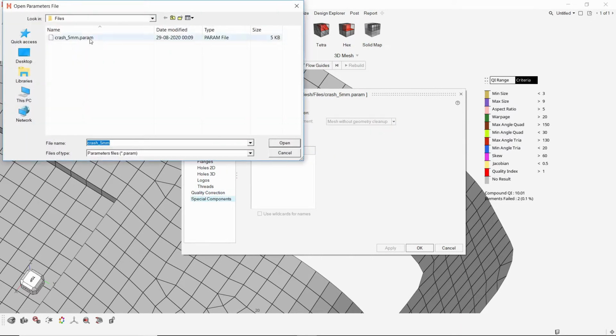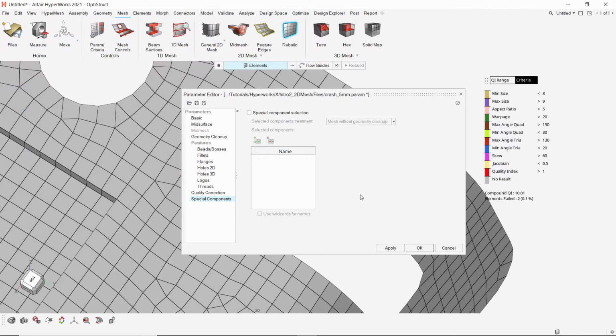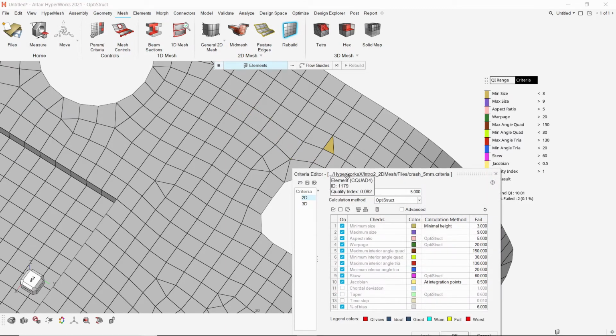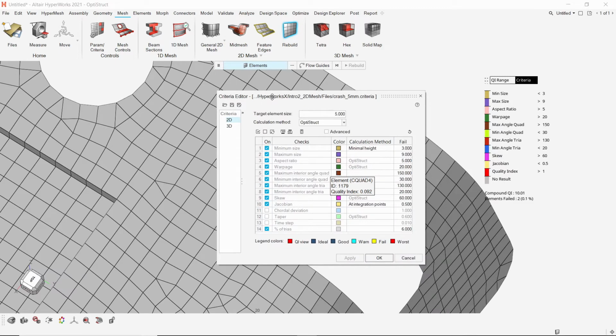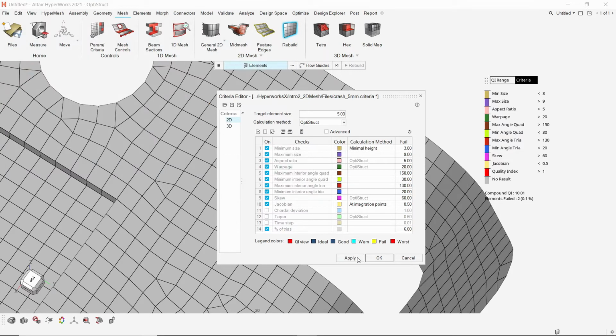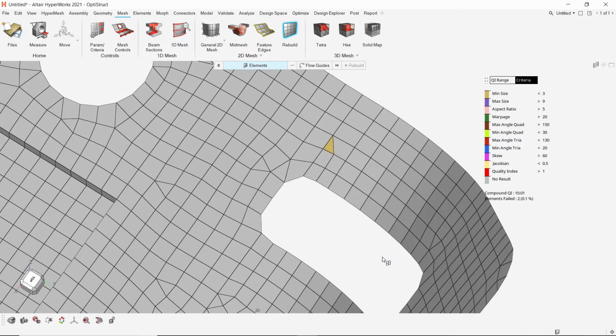Existing parameter files can also be imported and used. Similarly, we can edit the mesh criteria manually or import an existing criteria file and use it. Now the selected elements will be rebuilt using the specified parameters and quality criteria.